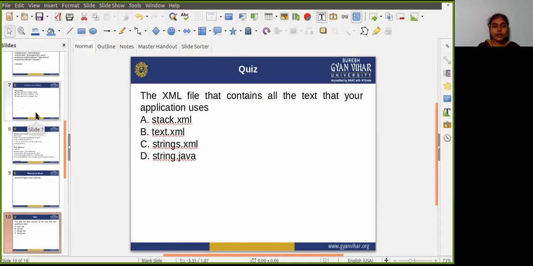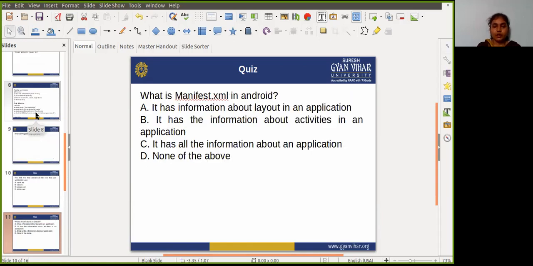Here you can see the question: the XML file that contains all the text your application uses, in which four options are given: stack.xml, text.xml, string.xml, and string.java. Today we learned about which XML file contains all the text of your application.